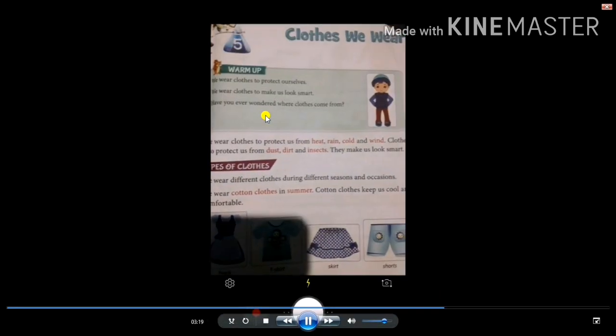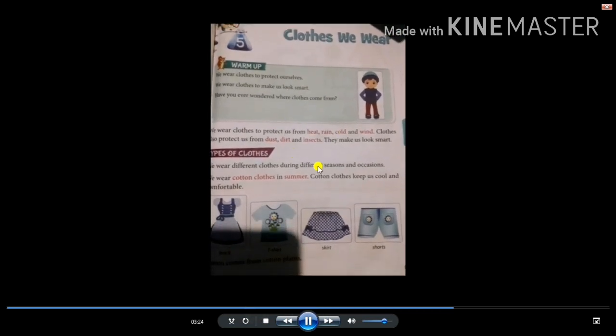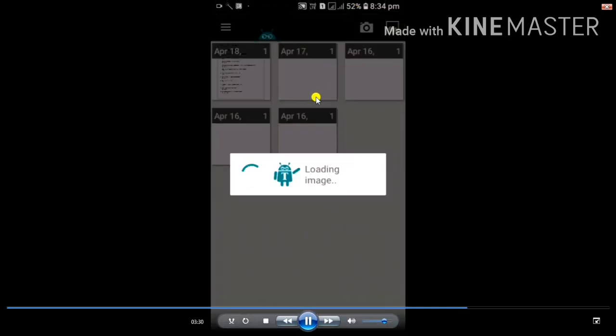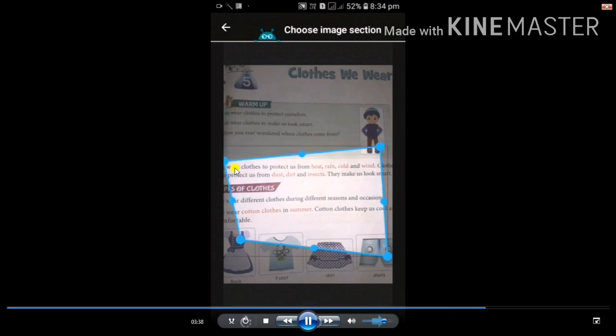Just click on it, and the image will be captured. Like this, and press OK. Then loading image. You see, the image is loading. Then you adjust the text which you want to copy. Adjust this one nicely.